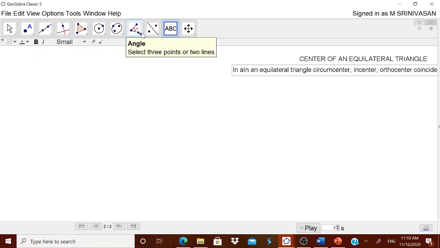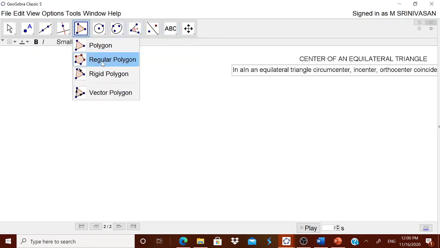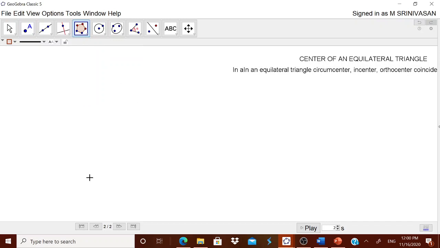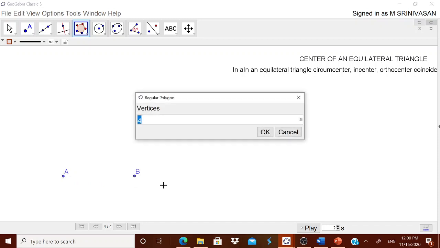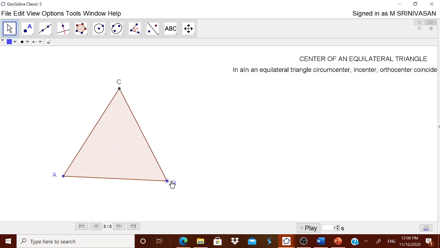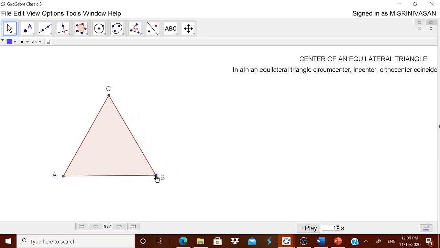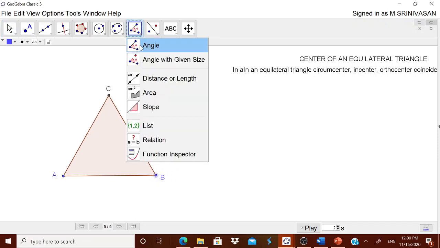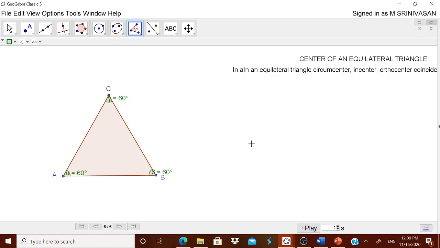Go to the polygon tool, go to regular polygon, touch A, then touch somewhere for B. Immediately it will ask how many vertices you want. Make it 3 and you will get an equilateral triangle. Because it is a regular polygon with 3 sides, it is an equilateral triangle. You can pull and push it and check that all the angles are 60 degrees and the sides are equal.